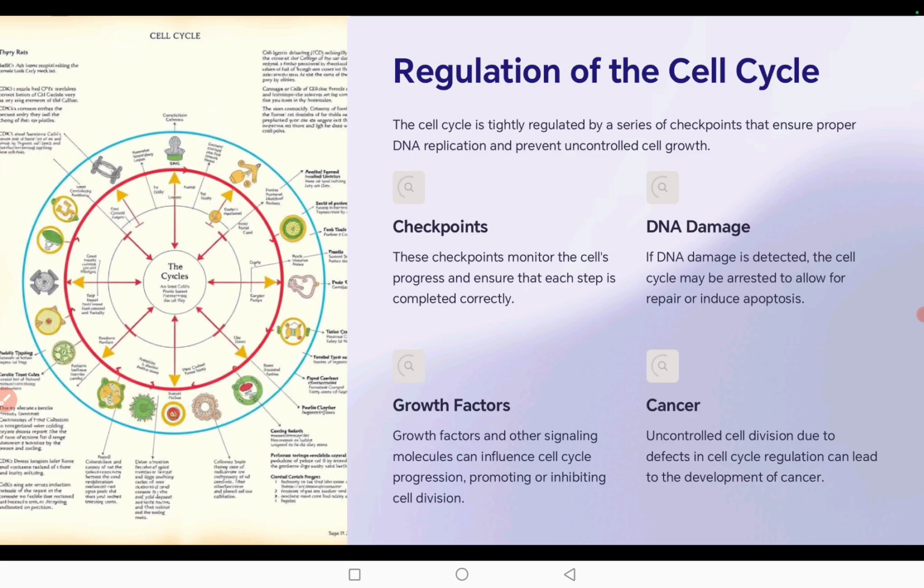Now, uncontrolled cell division due to defect in the cell cycle regulations can lead to the development of cancer. यदि डीएनए के सीक्वेंस में किसी भी तरह का प्रॉब्लम्स होता है तो इसके कारण से कैंसर होने की प्रोबेबिलिटी रहती है।